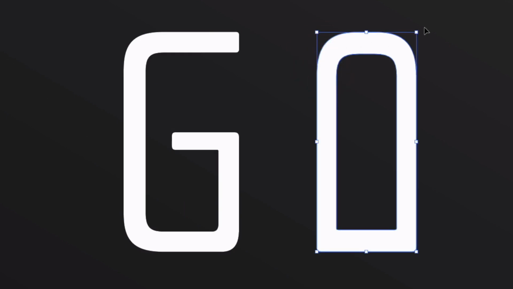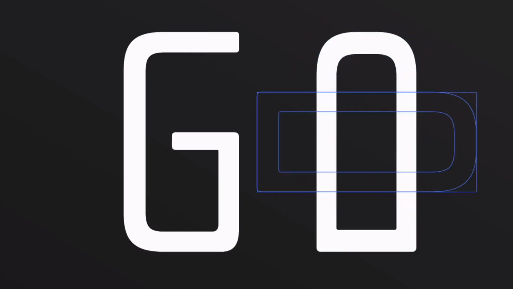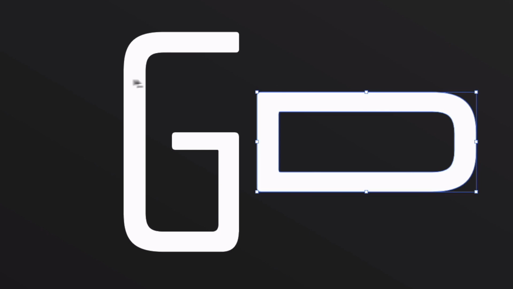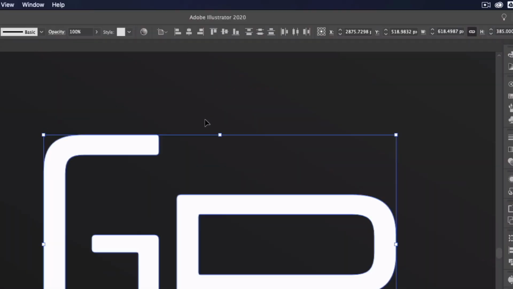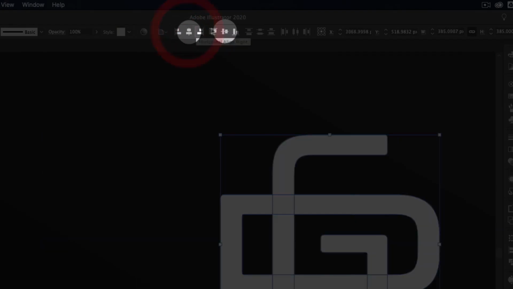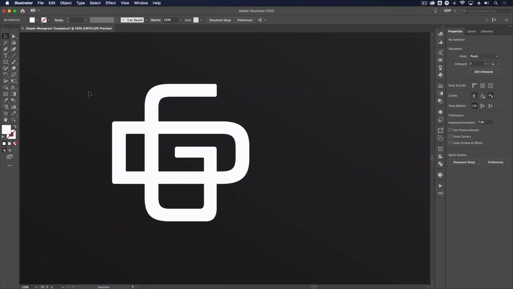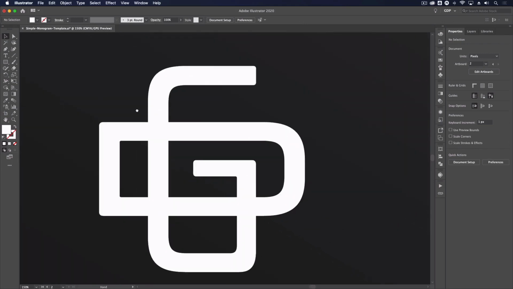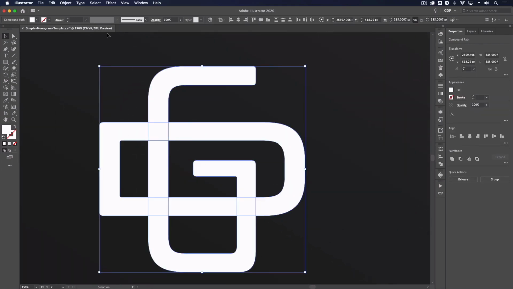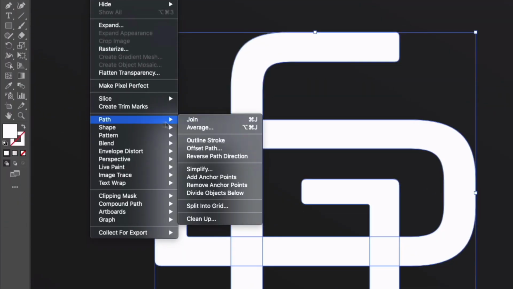If I select the character D here and rotate this, again holding shift, background. Now if I select both of them I can use my alignment options to center them both up, and we get a much cleaner looking design, and we have our first monogram almost done. Now the last thing I'm going to do is select both of these characters, go up to Object, Path, and